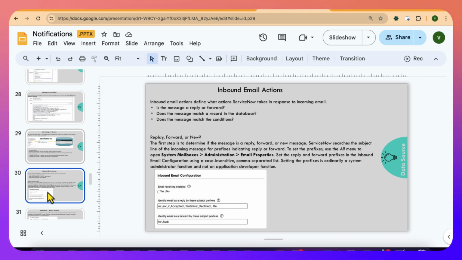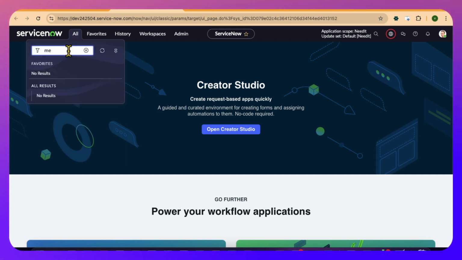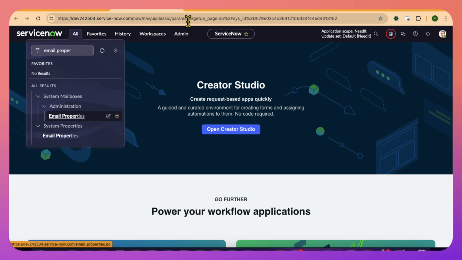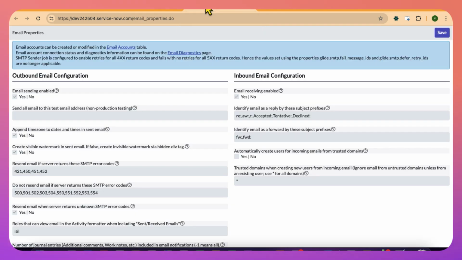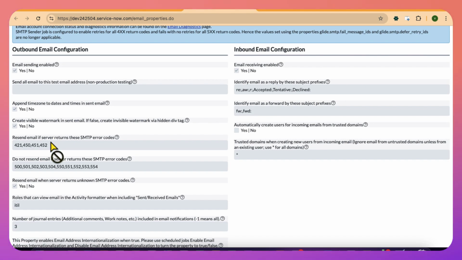So there are three conditions here. What type of message is it? Is it a new message, a reply message, or a forward message? How does the system find out? If you go back to ServiceNow and look at the email properties, you get to see